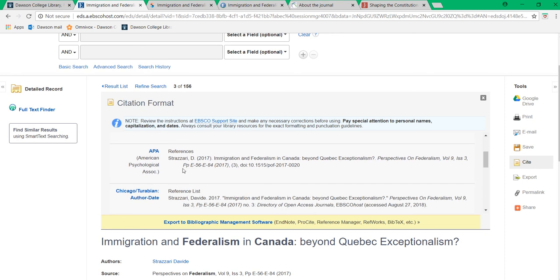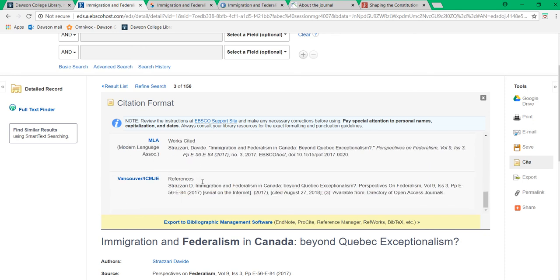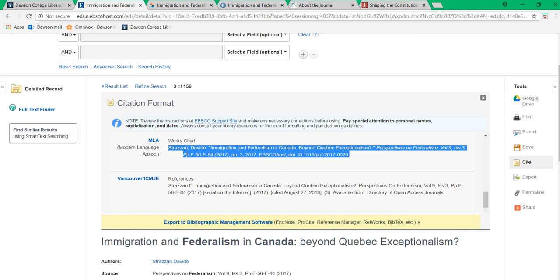What you want to do is go to where it says MLA, and you want to copy paste this. You need to also be aware that whoever typed this in, they've probably typed in a gazillion sort of entries, and so a lot of these entries, if you want to be really accurate, you might want to check and make sure that it matches the style sheets that I've made available to you. Okay, so definitely you can use this tool. It'll save you time, but double check everything. Okay,